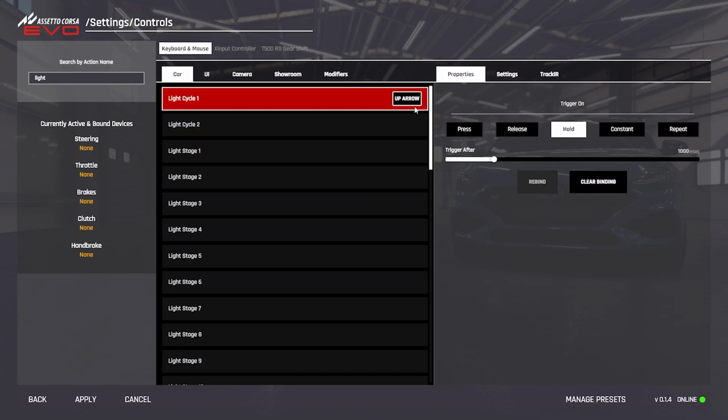regular lights. Now, if I want to change the binding, I can click here, clear the binding,